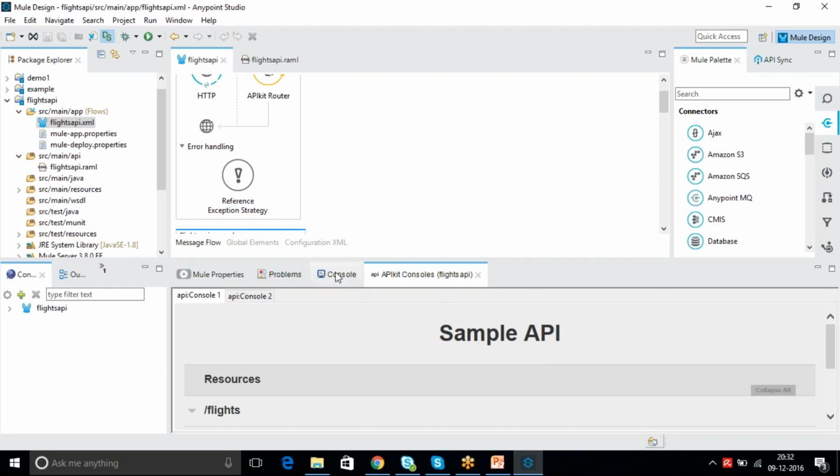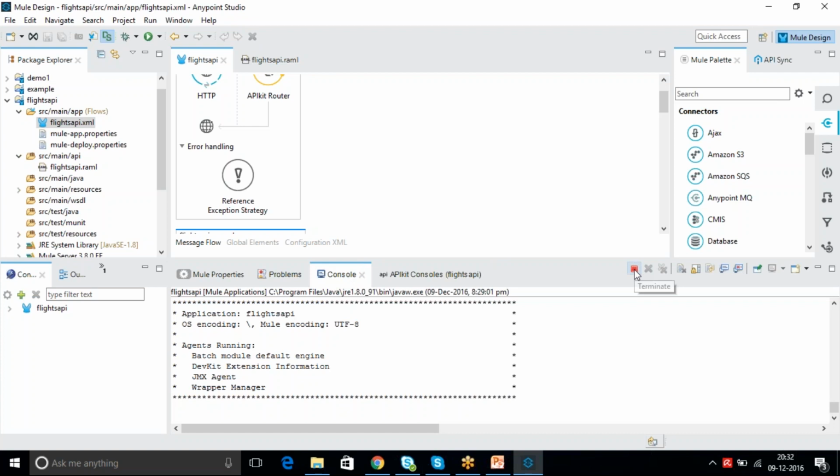It did not apply. We just stop this one, terminate it, and rerun it if it is not affected.